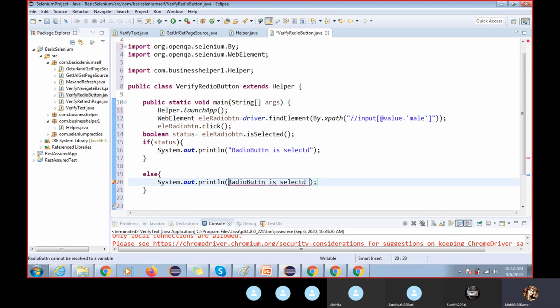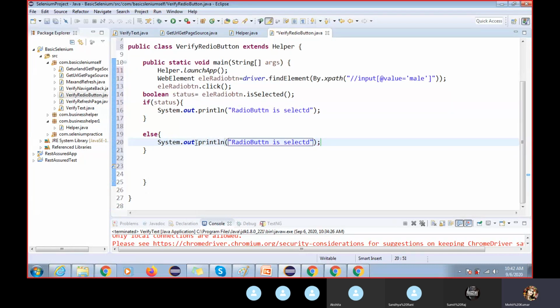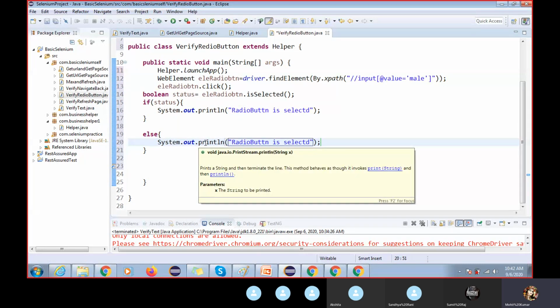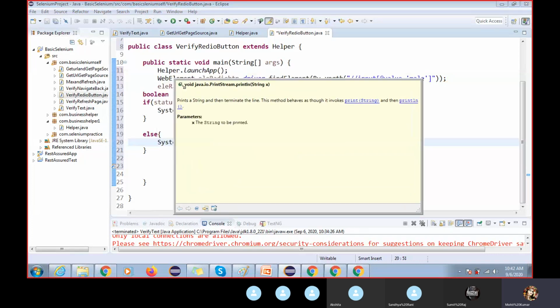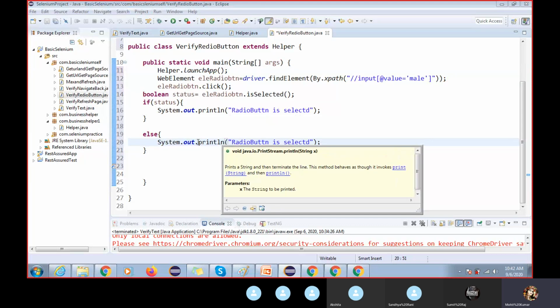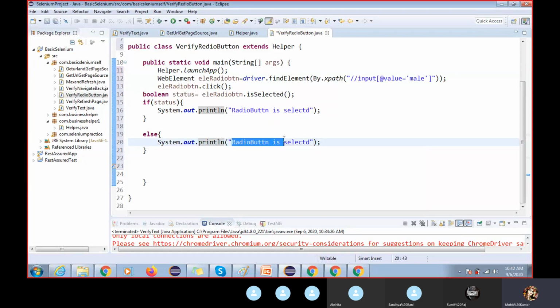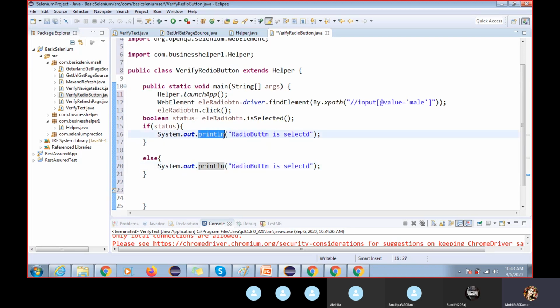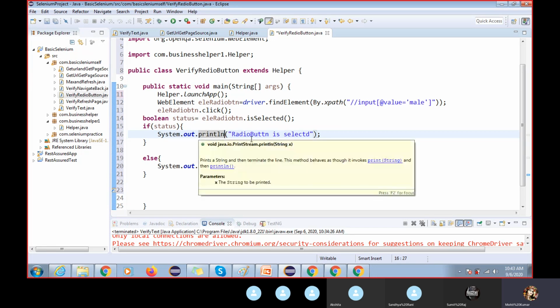Sorry, we can use a string. With the dot println, println is a method, it will accept all the parameters. This is your overloaded method. It will accept a string, integer, boolean, anything.